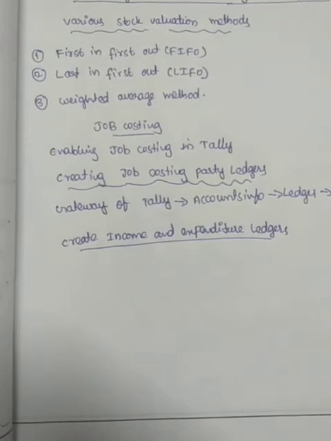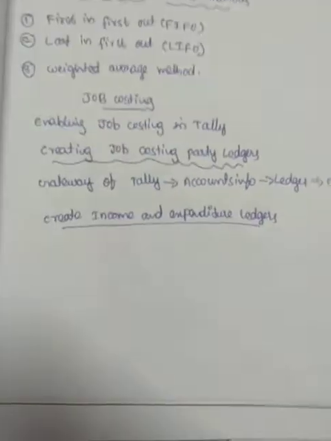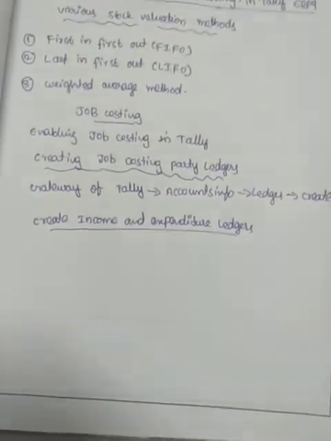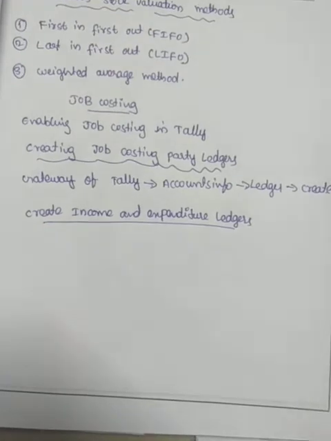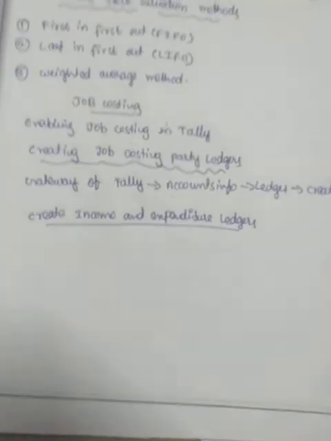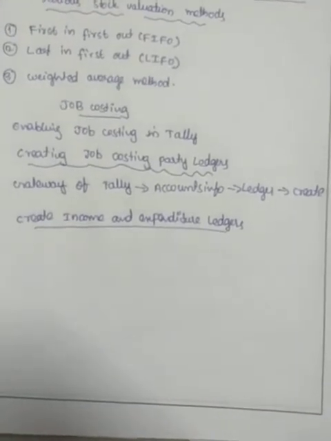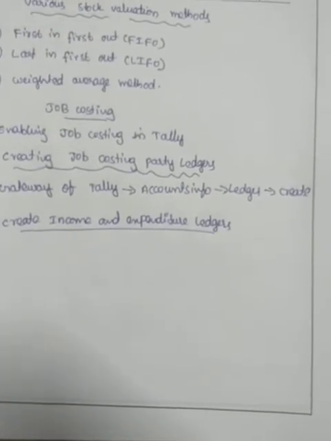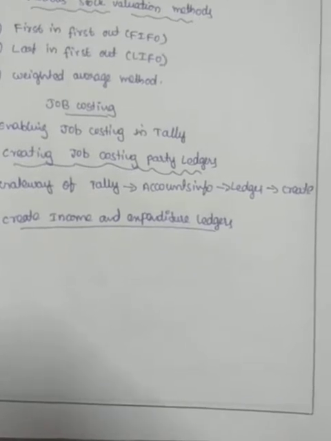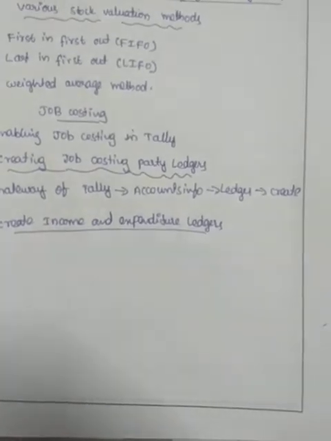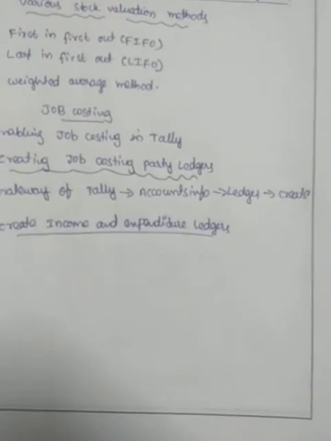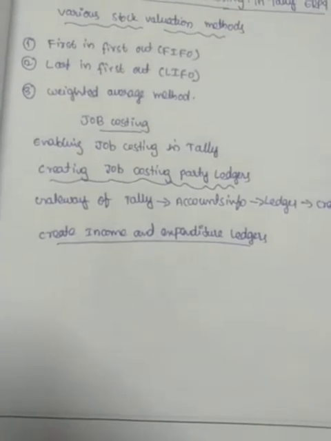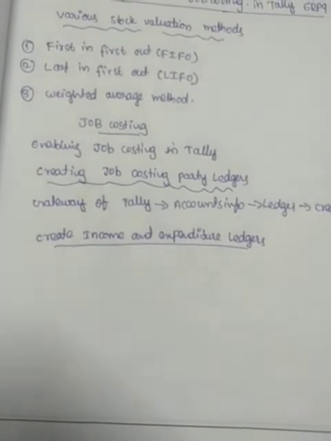For example, expenses means here transport charges, etc. So transport charges under is indirect expenses account. So direct expenses can be under the indirect expenses. Direct expenses means here transport charges. Income and indirect expenses all come under the profit and loss account. So to enable the cost centers, cost centers are applicable, give Yes option.